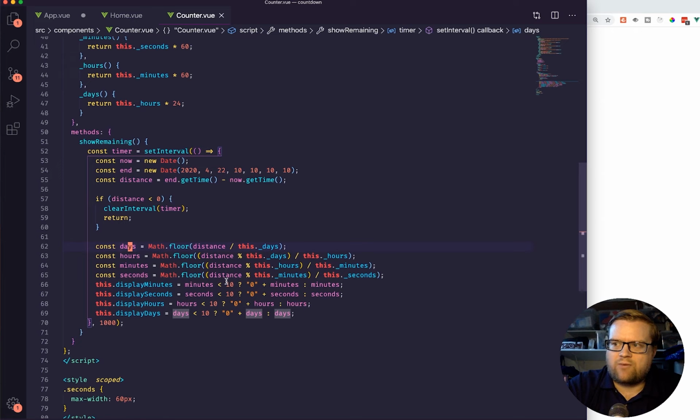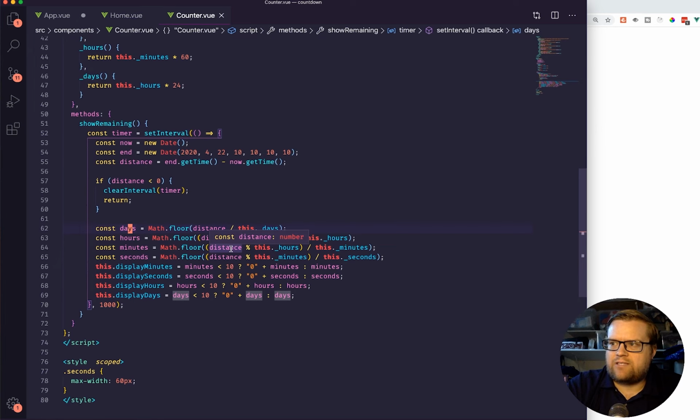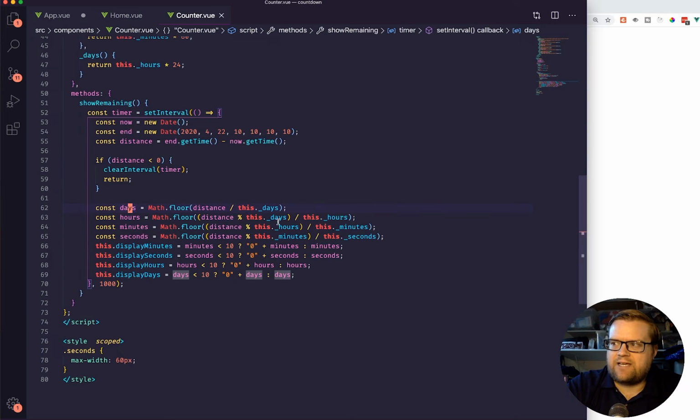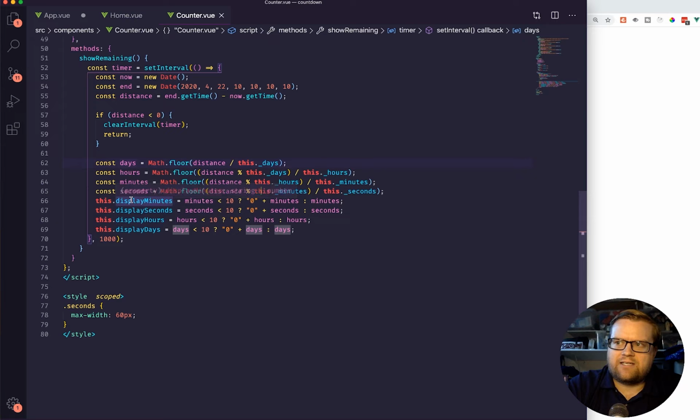And then we do the same thing with hours. We use days, but we divide it by the number of hours in the day. And then we take the hours divided by the number of minutes and the minutes divided by the number of seconds to get seconds. And then the next thing I did is to actually update the display minutes, seconds, hours,